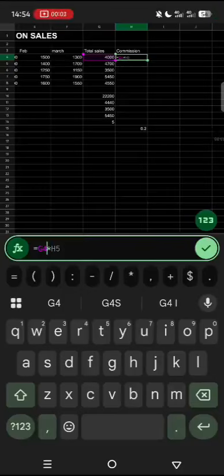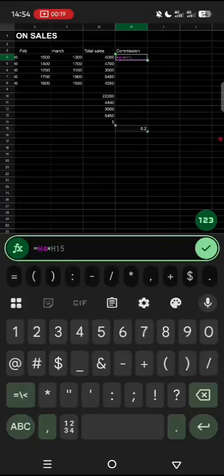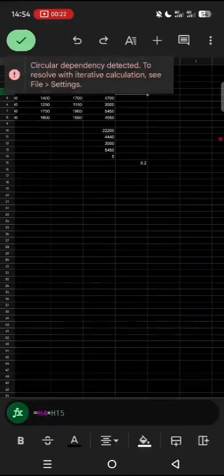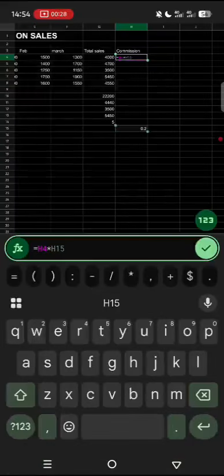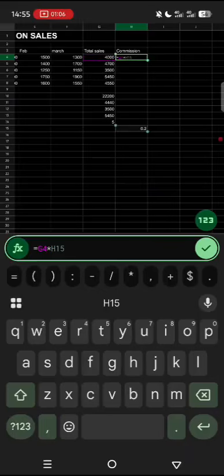Okay, so like I've explained, if you are to replicate this formula to the next cell, this which is H4, no, H5. Let's do this. This is H15, right? Okay, let me do this. So I'm saying that this formula, if you are to replicate it to the next cell,